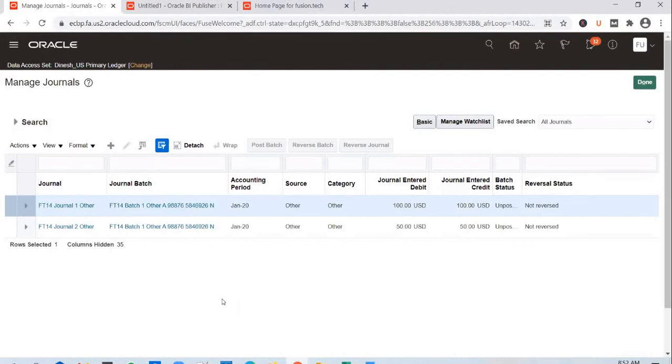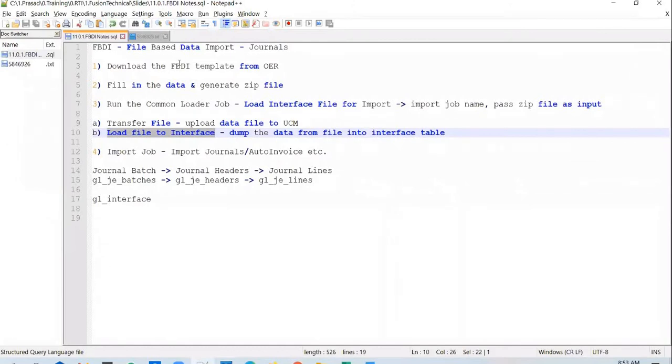But usually what we see in the post-go live scenario is, during the project implementation, it will be you and me as technical consultants doing these data loads using the bulk data load options. But post go live, these processes will be automated by building integrations in OIC, or other integration products can also be used. Usually OIC is used with ERP cloud implementation projects. It stands for Oracle Integration Cloud, and that can be used to automate these data loads. So whatever you have been doing here, these 6 or 7 steps can be automated by building an integration.